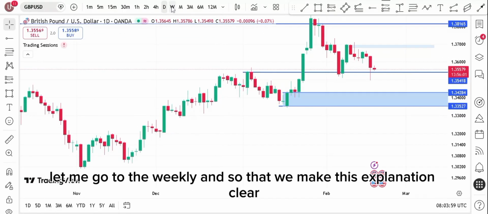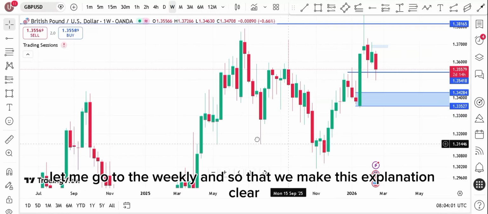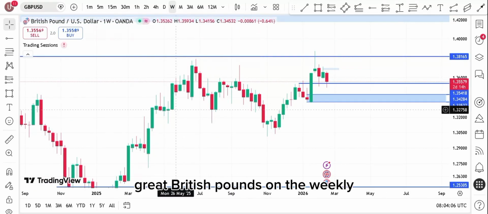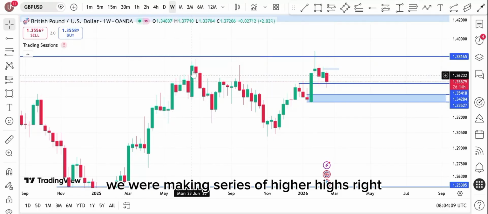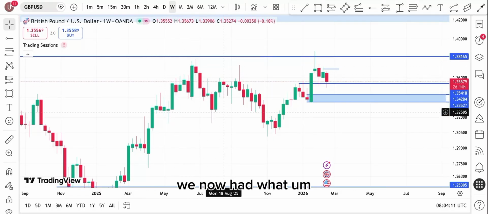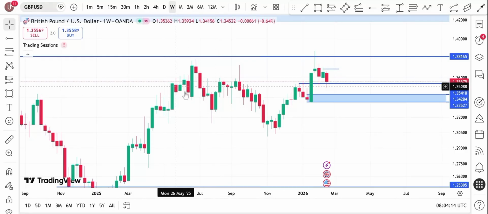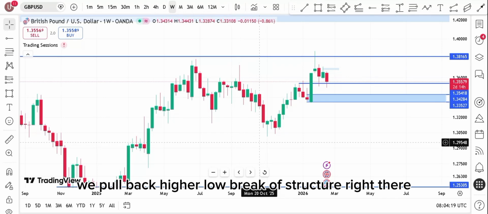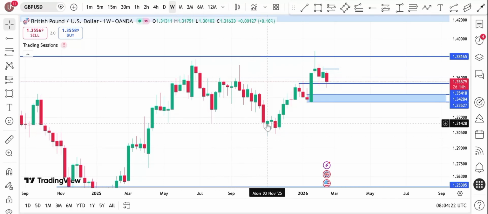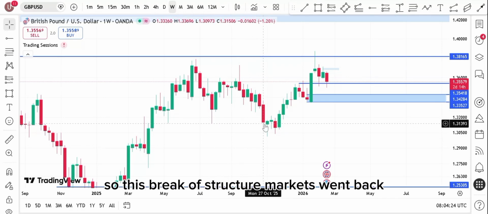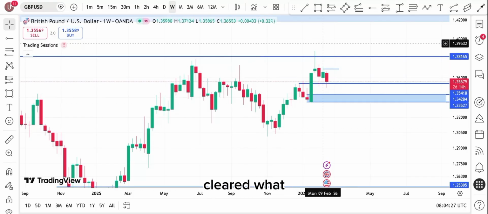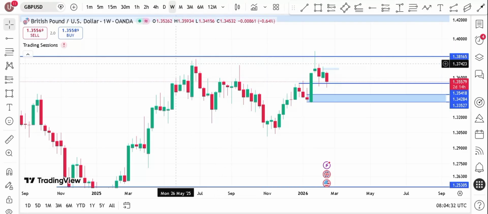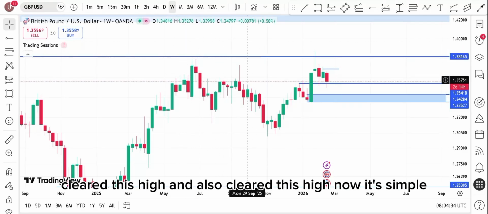Let me go to the weekly so that I make this explanation clear. On the weekly, Great British Pounds was making a series of higher highs, right? We now had a change of character. We pulled back, higher low, break of structure, right there. So after this break of structure, markets went back, cleared this high, and also cleared this high and this high. Now it's simple,